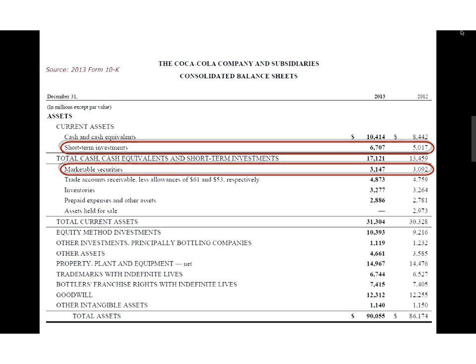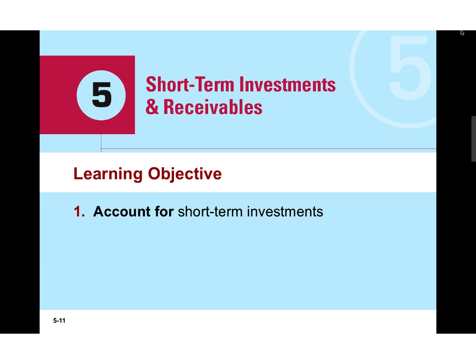I think on average they're about 100 pages long, but in there, items 7 or 8 are all the financial statements of the company. So you can find the balance sheet, the income statement, all that stuff in the notes of financial statement. So we're just going to be working our way through short-term investments and accounts receivable in this chapter.